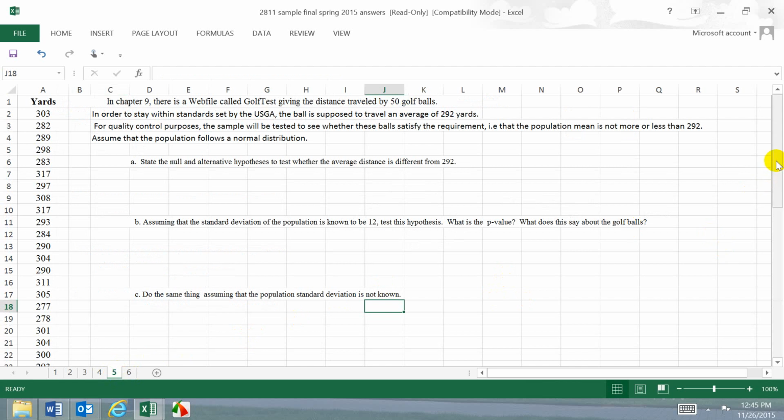Number 5. In Chapter 9, there's a web file called Golf Test. I downloaded the web file. There are the distances traveled by 50 golf balls. In order to stay within the standard set by the USGA, a ball is supposed to travel an average of 292 yards. So we want to test, is it 292 yards or is it different from 292 yards, meaning not more, not less. So the null and the alternate hypotheses are going to be